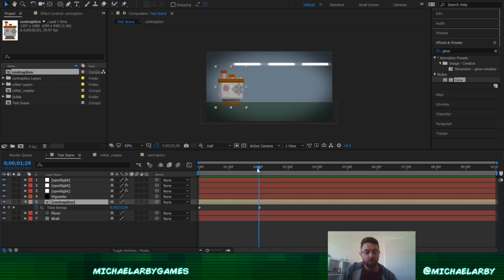We need to do a bit more stuff to make sure this stays on. I'll explain what these two keyframes are just before we move on. This is the start and this is the end. The time remapping is kind of like turning that layer into rubber. It allows us to squish it down and make it run faster, or stretch it out and make it run